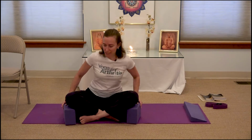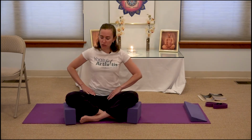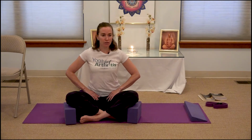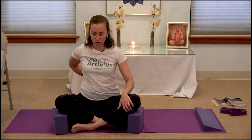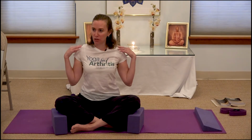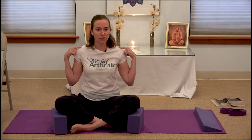So finding your seated position, be sure that you're sitting just slightly forward on the sits bone so that you're not rolling back and putting pressure on the lower back. So tilting the pelvis just a little bit forward. Roll the shoulders back and down,